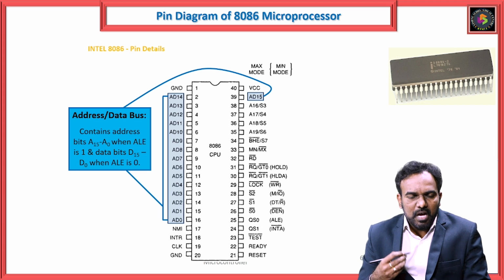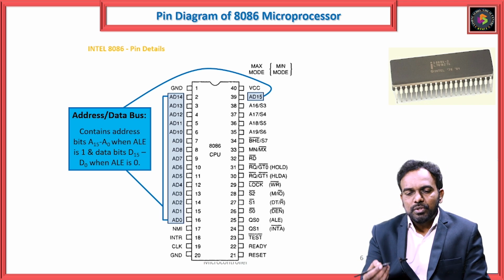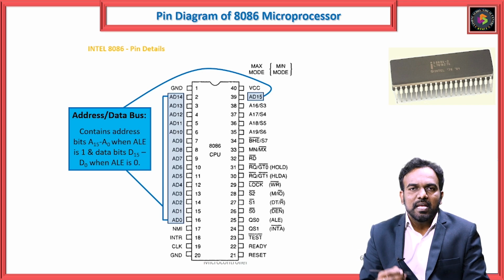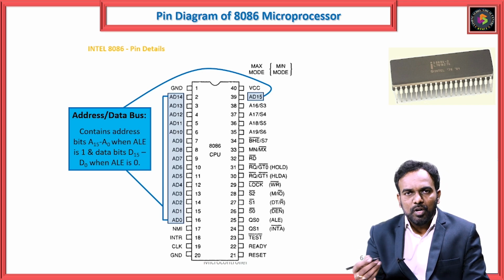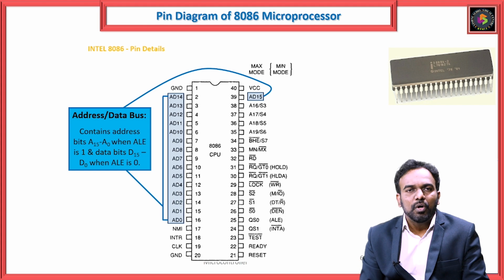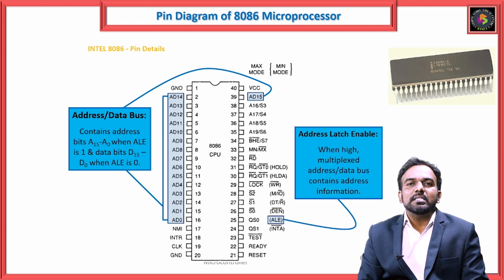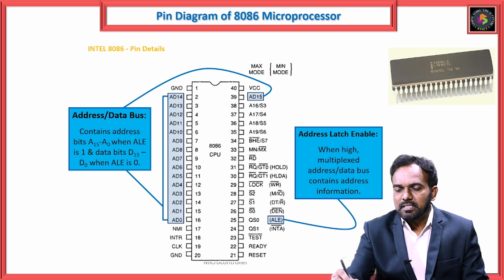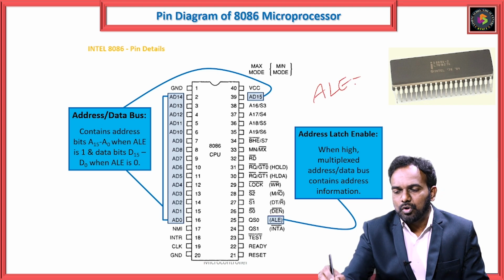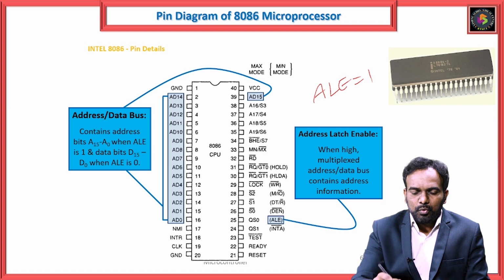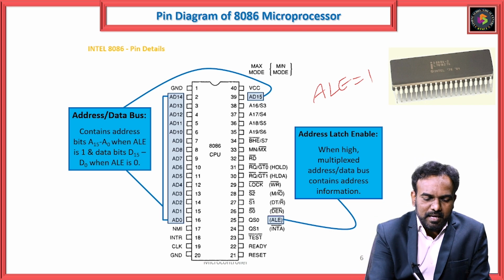If you want to use the pins from pin 2 to 16 and the 39th pin as address lines, there is one more pin available in the 8086 microprocessor. That pin is called the ALE. ALE is the address latch enable. If you make the address latch enable pin equal to 1, AD0 to AD15 act as the